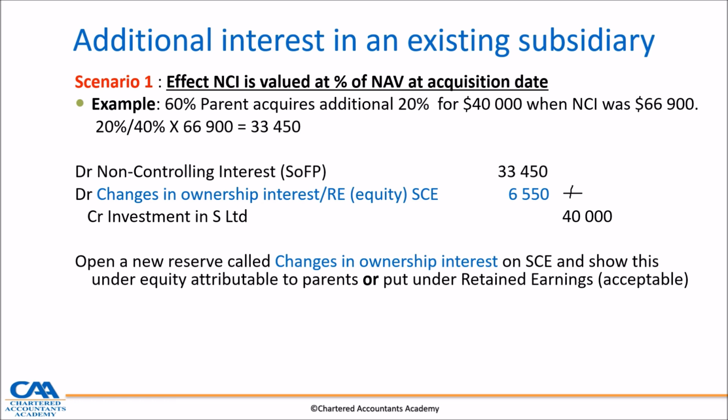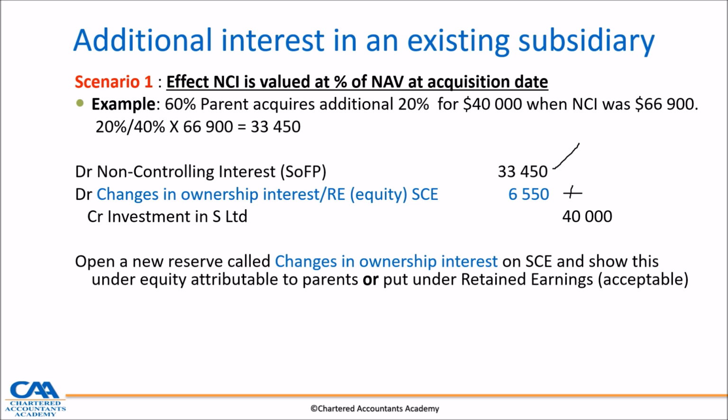But how much? It was 60,900. And 60,900 is equal to 40%. And the change is 20%. So I say 20 over 40 times that, I did half. Right? So I debit NCI with that change. I credit